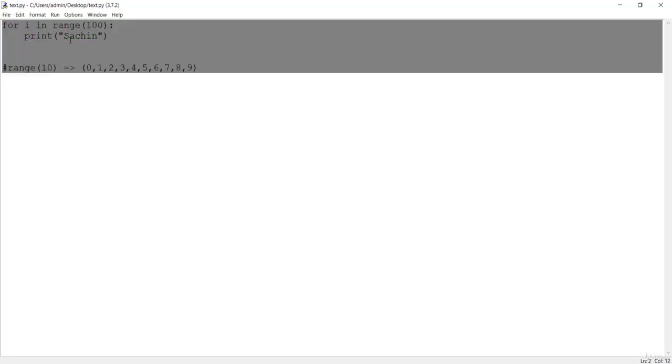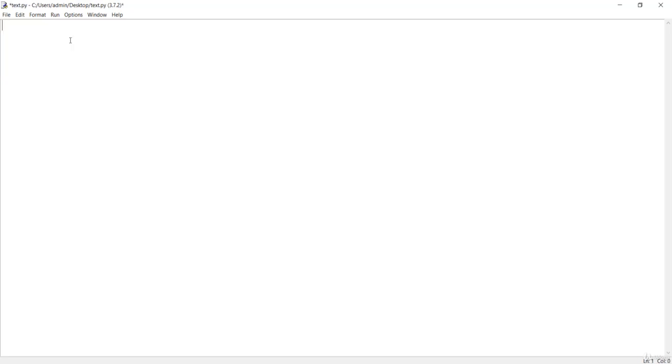Let's see a more interesting program now. I want to check the numbers. Let's make the numbers, and we haven't studied lists yet, we'll study them in the next lecture, but just remember that a list is basically a collection of numbers. Instead of making a single variable, we have the numbers in a list.